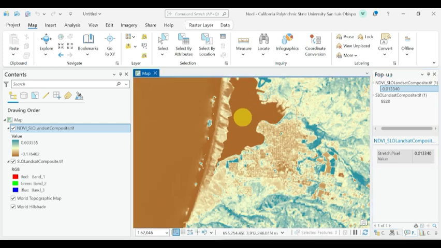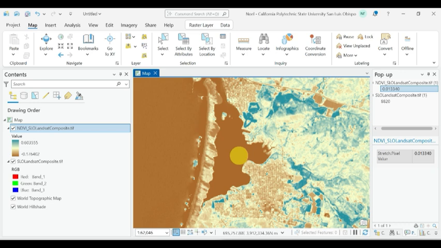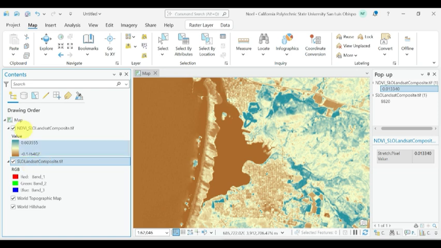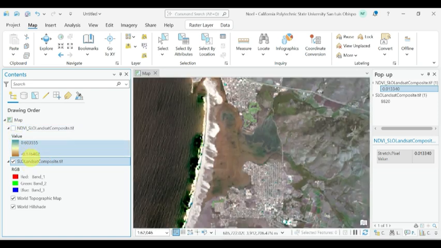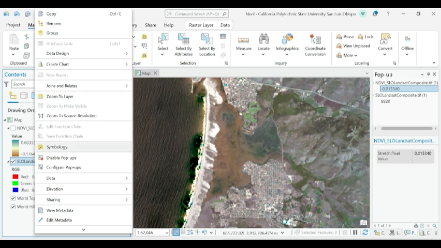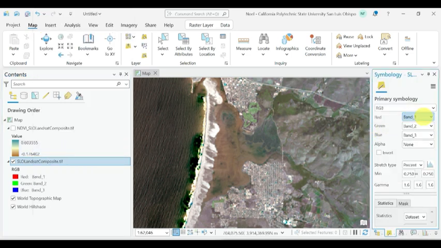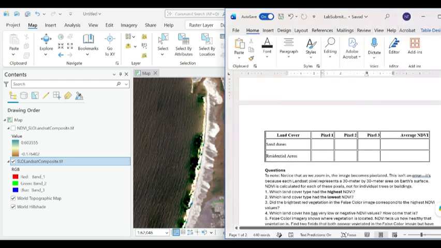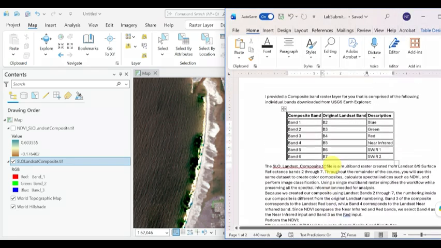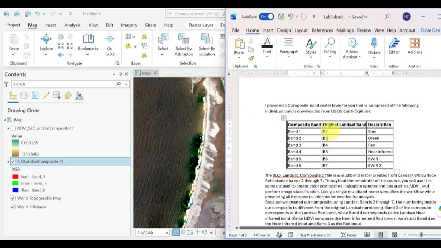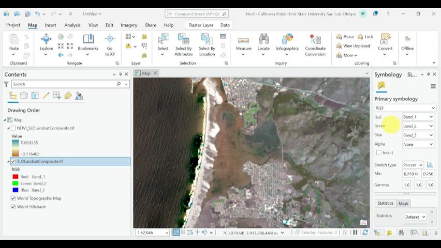And let's also use a false color composite layer to reference. So I'm going to go back to SLO Landsat Composite, turn the NDVI off, and let's go to Symbology. Right now it's band 1, 2, and 3, which we know would be, if I scroll up from the lab's middle, bands 1, 2, and 3. So it's bands 2, 3, and 4 is the stories, but we want to change it to false color composite so we can see those bright reds, which we know means healthy vegetation. And so that would be bands 5,